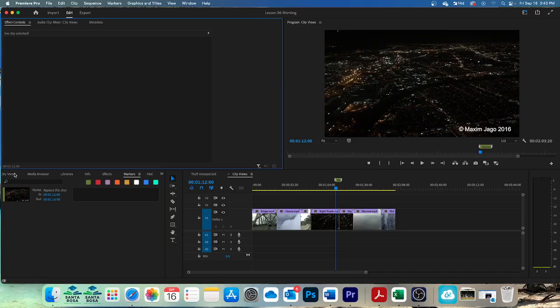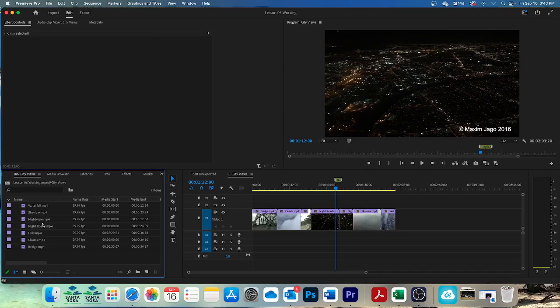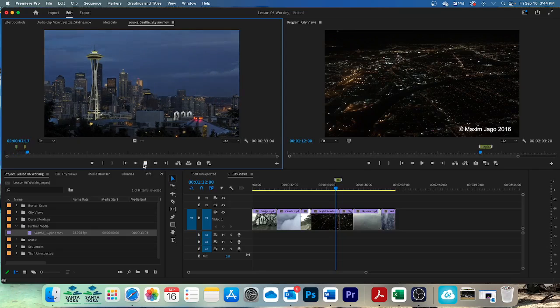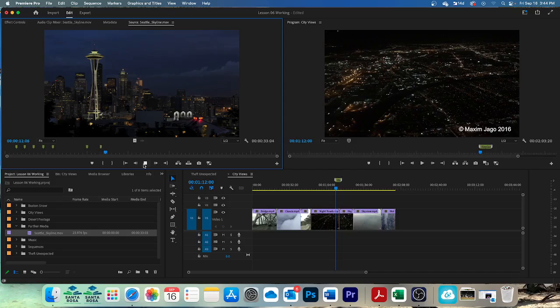So let's scroll over here and where did I say? Further media. Seattle Skyline. So play this and we're just going to press M, the letter M, like monkey, or multiple, or multiplication, or macaroni, or whatever. So after you've added a bunch of those, if you will show the markers,